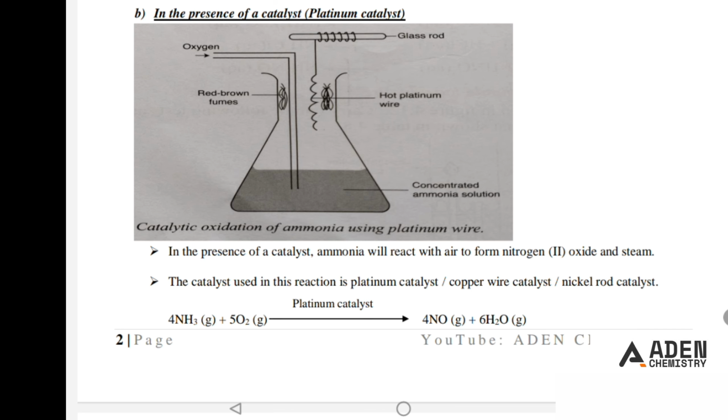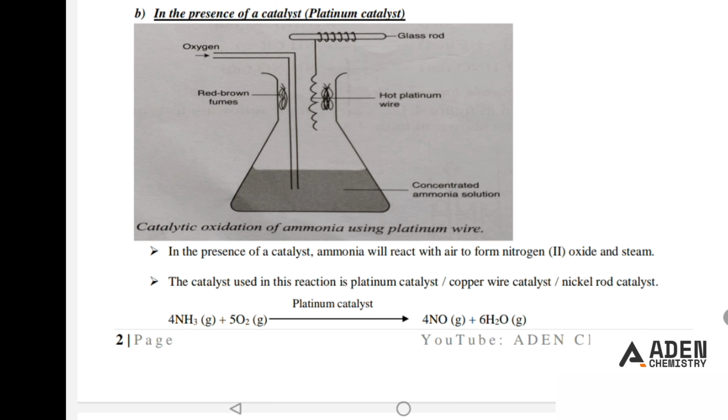So we are saying in the presence of a catalyst, ammonia will react with air to form nitrogen 2 oxide and steam. Kindly know the difference. When we are talking about in the absence of a catalyst, the products were nitrogen gas and steam. But when we are having the presence of a catalyst, the products are nitrogen 2 oxide and steam. You have to know the difference. So the catalyst used in this reaction is platinum catalyst. If we don't want to use platinum catalyst, we can use copper wire catalyst, or we can use nickel rod